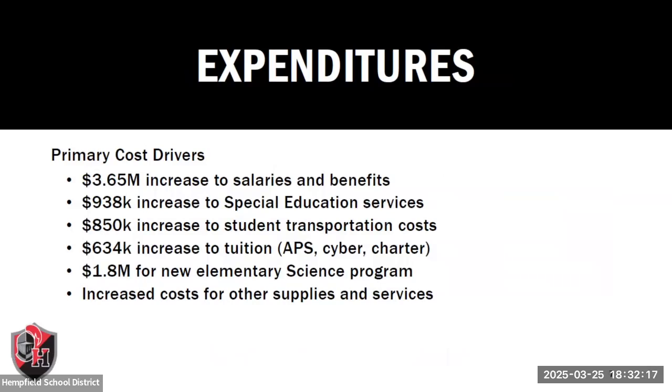Next slide. Just to give you an idea on the expenditures, the primary cost drivers are a $3.65 million increase to salaries and benefits, $938,000 to special education services, and an $850,000 increase in student transportation costs. That is the contract we agreed to with STA, a 3.5% increase. There is additional money for tuition, which is approved private schools, cyber and charters, and $1.8 million for the elementary science program,